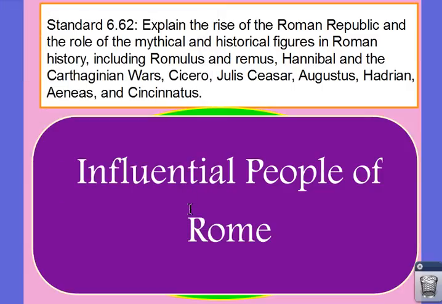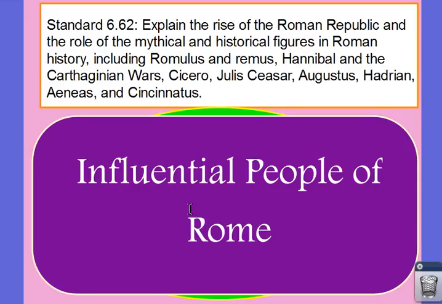We are going to do a video, in case you missed class today, over Rome Standard 6.62. You can choose to do this chart on a piece of paper, or you can use Microsoft Word Online. If you are using Word Online, first go into Canvas, copy and paste your Standard 6.62 in, and pizzazzle it.